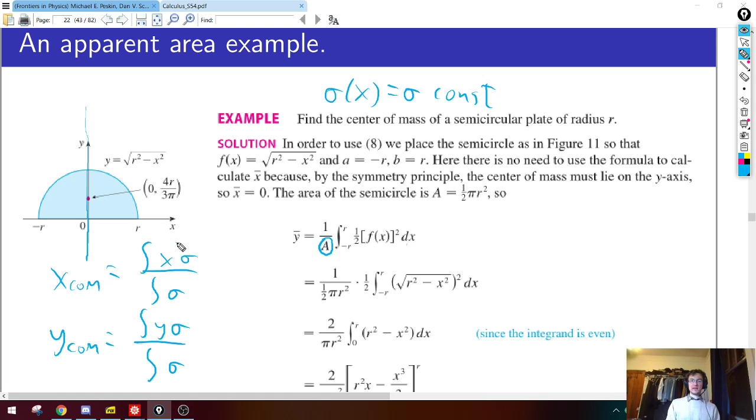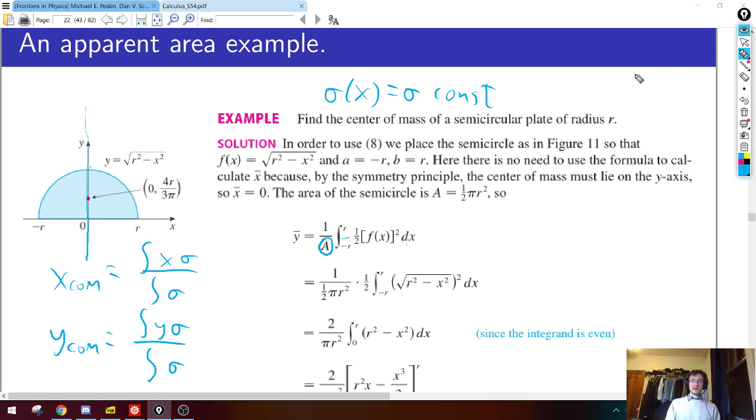Or you could just think of this as having a sigma upstairs and a sigma downstairs, and they cancel. So the downstairs is just left with area. So anyway, fine. So this is 1 over the area times, well, what are we supposed to integrate? We're supposed to integrate, I guess, y times the density near that point. But here they're assuming the density is 1, or again, if you prefer, that the density is canceled out. So we should really just be integrating these y's, basically, the y position, as we run from 0 up to r.